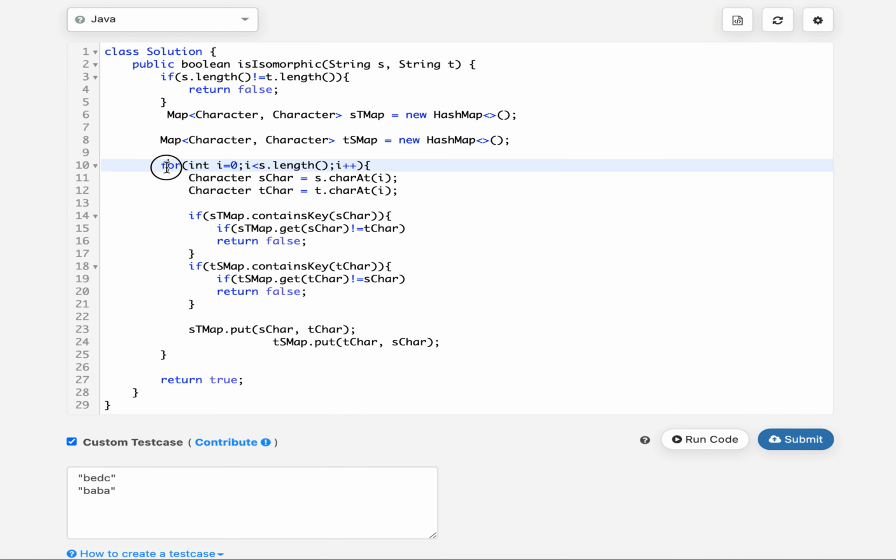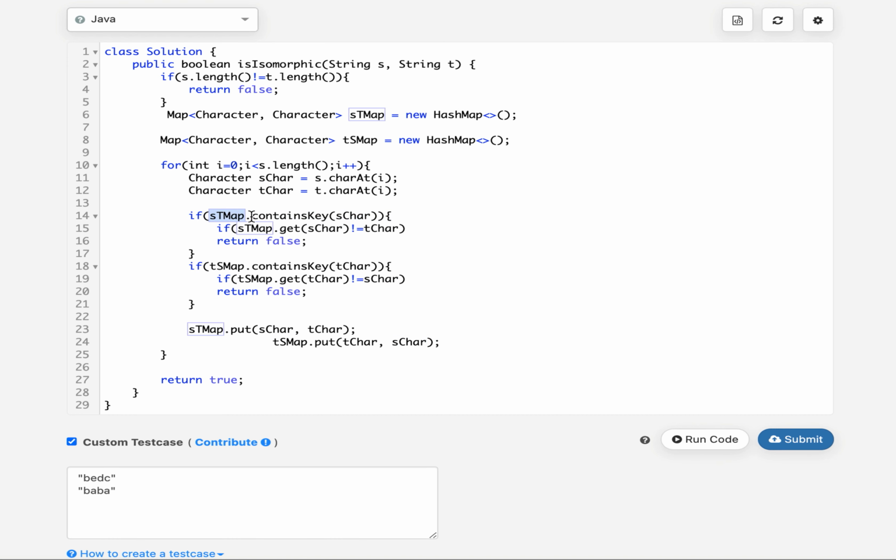Going further, I have written a for loop here, and I start iterating character by character. I extract the S character from the S string. I extract the T character from the T string. The first thing that I'm going to do is check whether the S character is already part of the ST map.